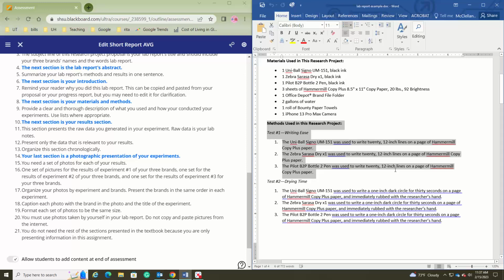So, writing ease, and yes, your report's going to be very repetitive. You'll notice this is the exact same sentence except for the brand's name. And was used to write 20 12-inch lines on a page of Hammer Mill copy plus paper. So I even used, sorry,